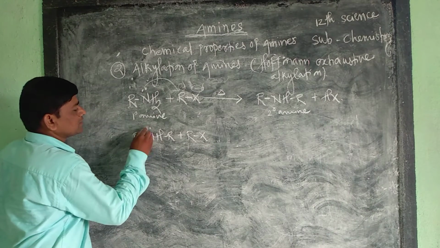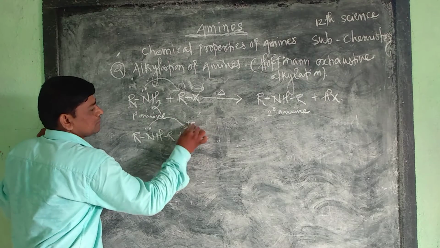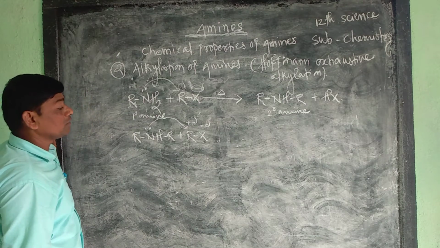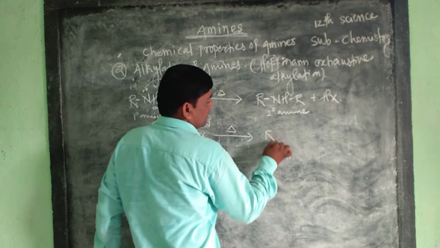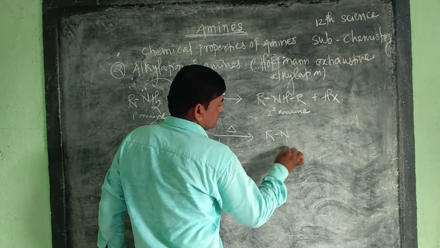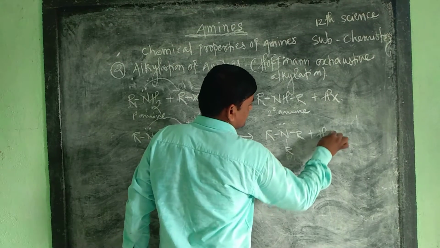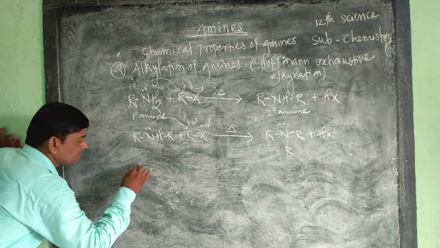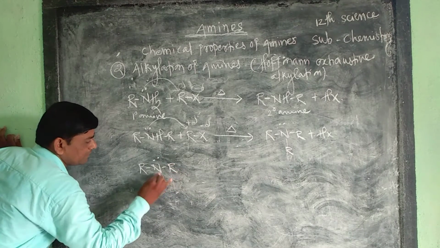Then again the secondary amine, the nitrogen will also attack on this alkyl group, and then again formation of the product like this, R and R and again R, plus HX. Now in this solution, this tertiary amine again reacted with alkyl halide